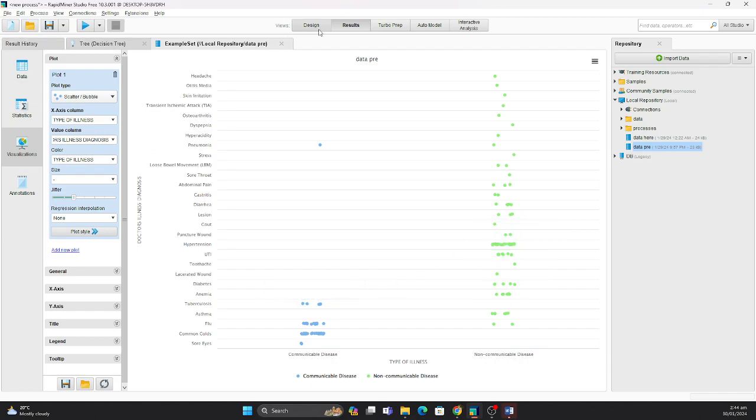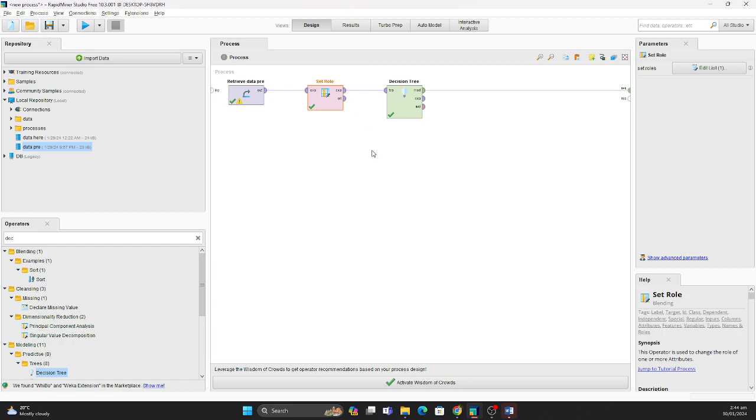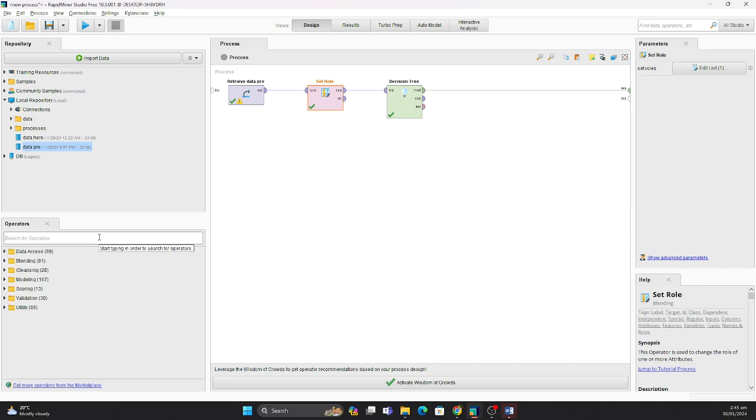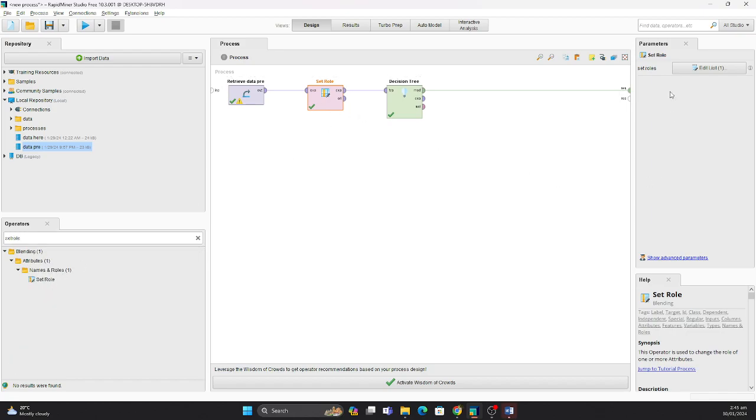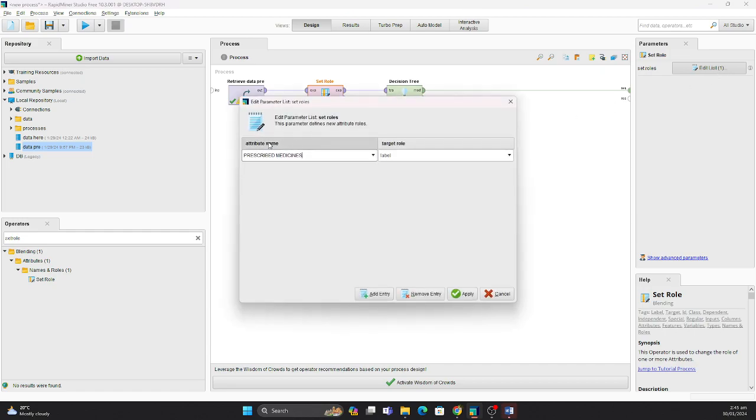For the data modeling design, I just dragged our retrieved data pre, and I searched for set role. I dragged set role here and edited the list.